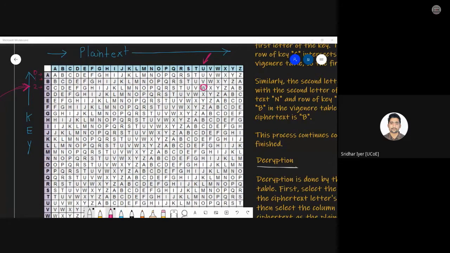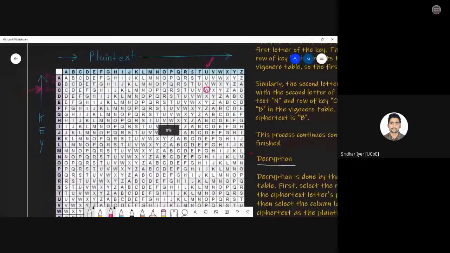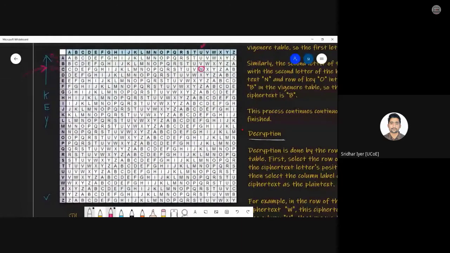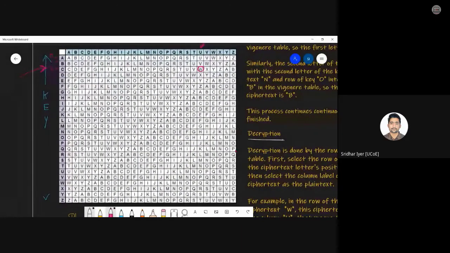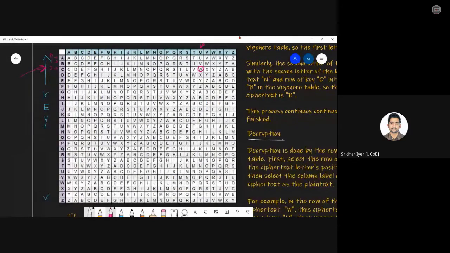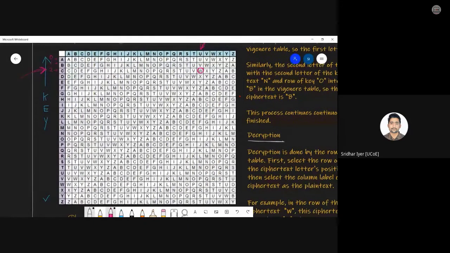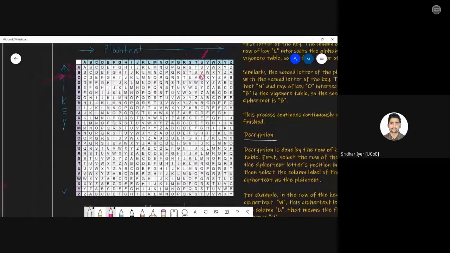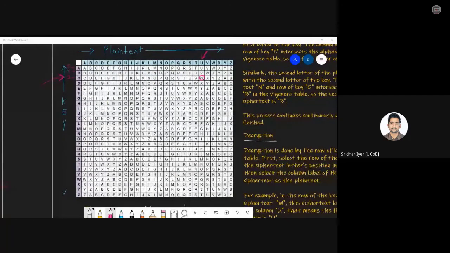Okay, so based upon this logic, I will just show you the diagram, the table. Kindly complete the rest of the plain text, universal and college, and tell me your answers quickly. I'm giving you 2 to 3 minutes. It should be solved. It is very easy. You have to check each and every character of plain text over here and each and every character of key along the rows. Complete your answers and let me know. This is just for practice.